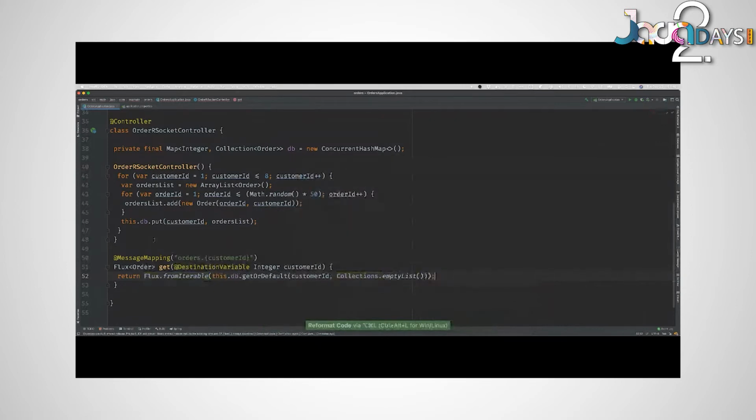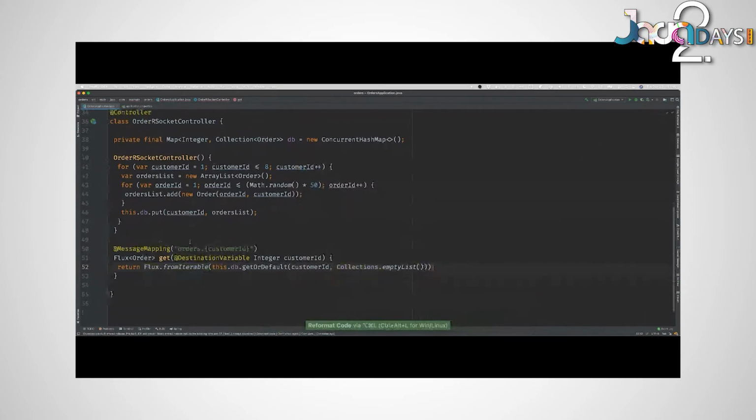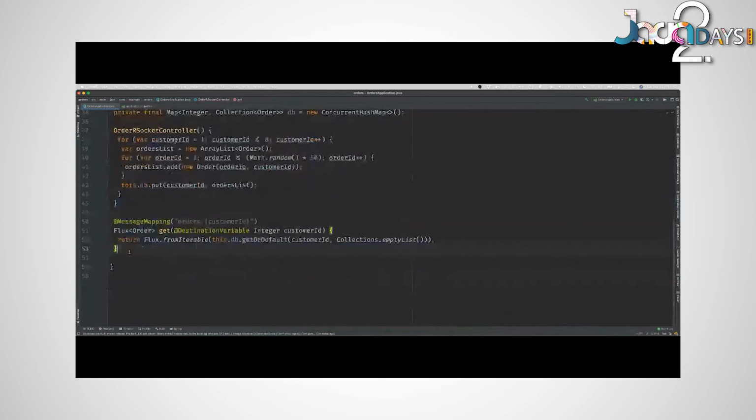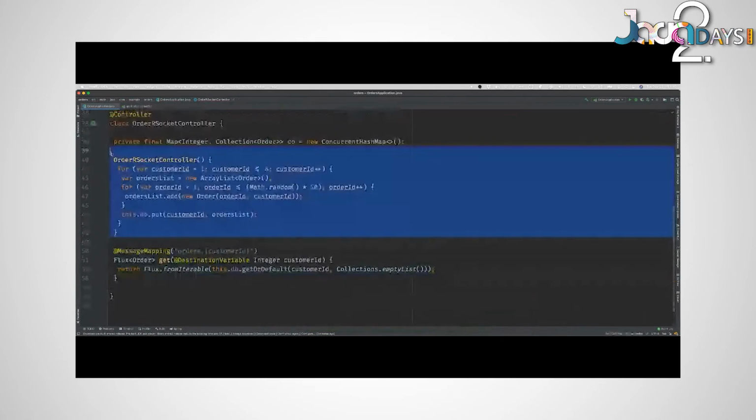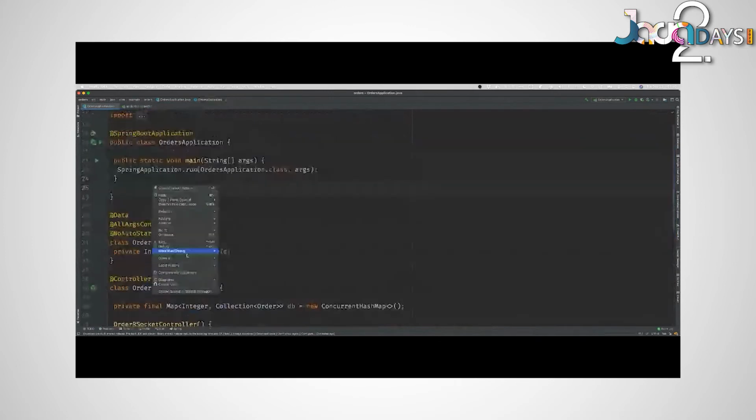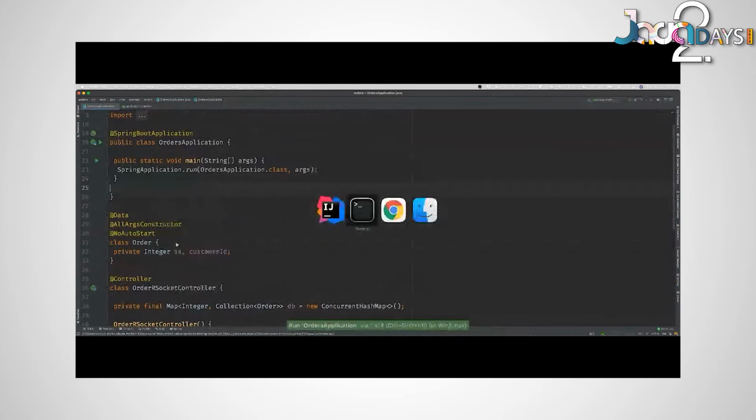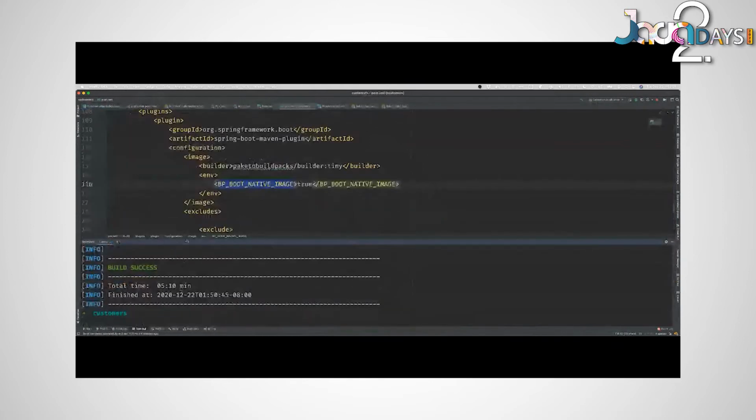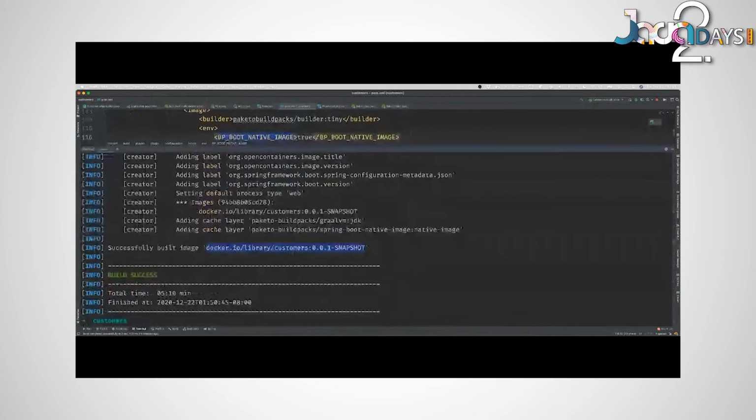My actual RSocket code is very easy, right? I spent more time just writing this silly data code here. So there's my entire application. Let's go ahead and start this up, and let's go check on our build. Okay, there it is. This finished. Okay, look. So now this took 5 minutes and 10 seconds. You can see it took a while. Run that, and there's my application.